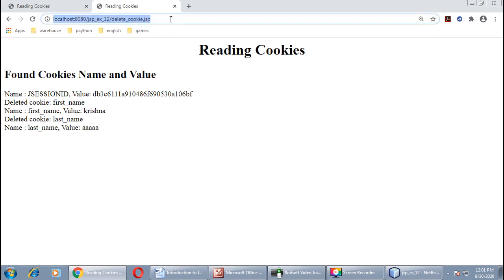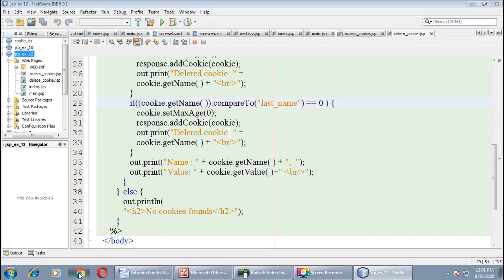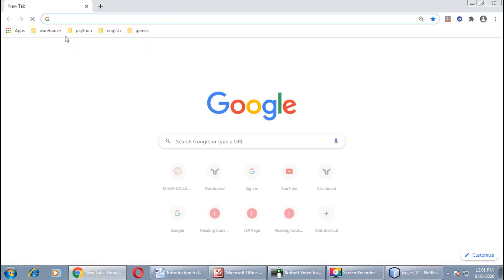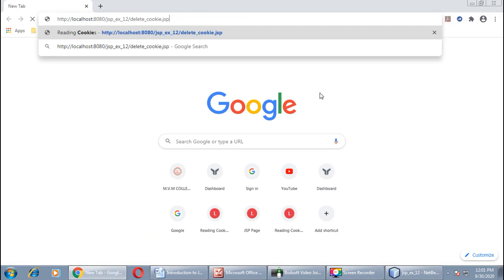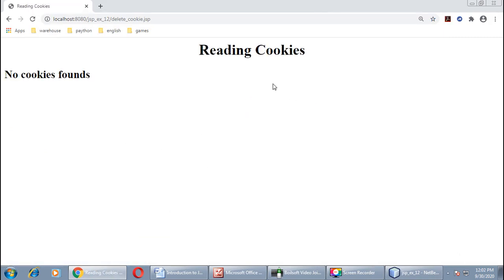Okay, now copy the URL, close your browser, reopen it, no cookies found, as we have deleted both the cookies, right? We set the expiry time 0 for both cookies, so we didn't get any cookie over here.